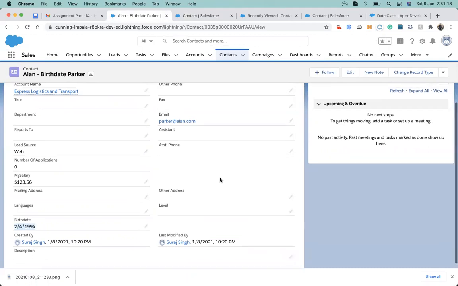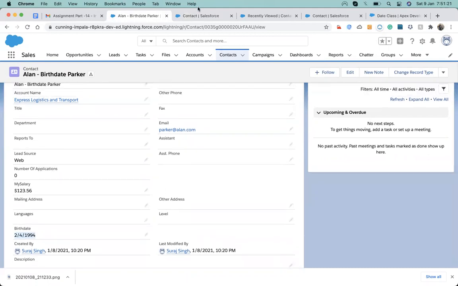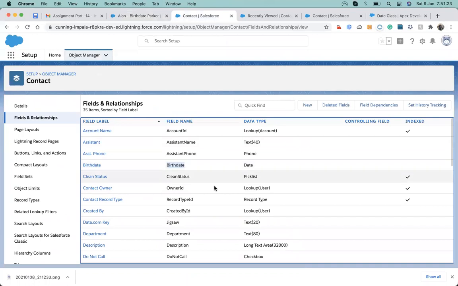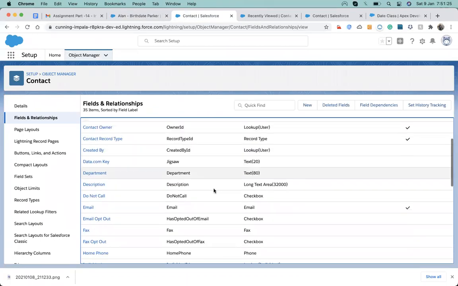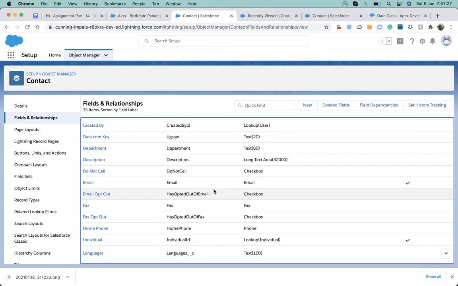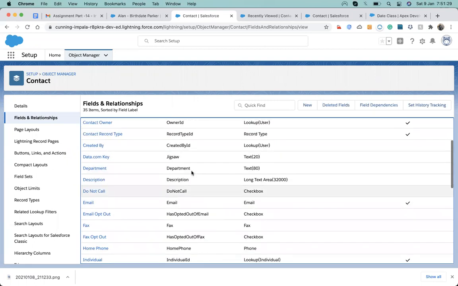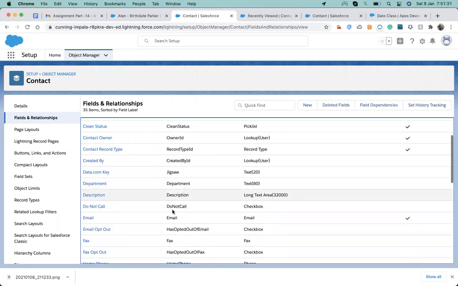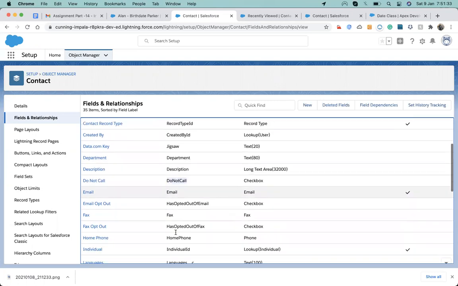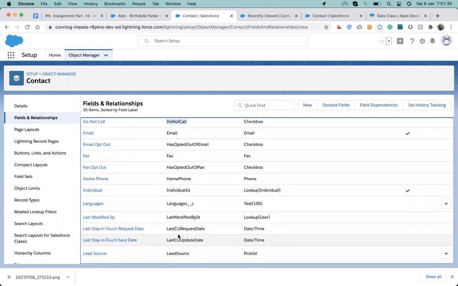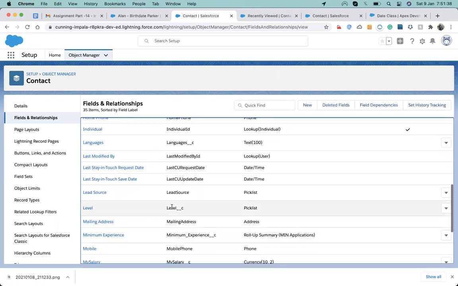Now I come to show you the pick list value, how we act on it. In the same example, I will show you how we work with a pick list and how we work with checkboxes, similarly. Here we have a pick list value.